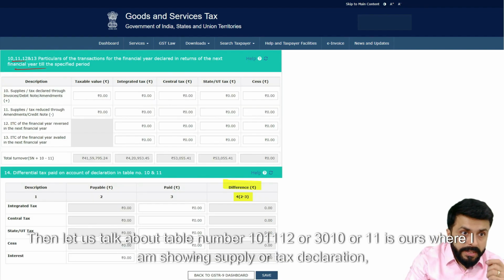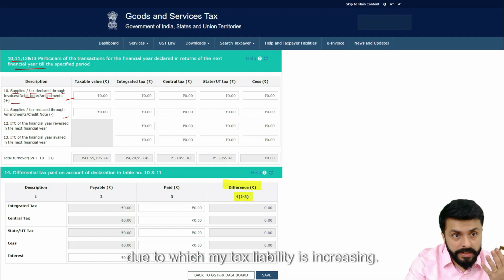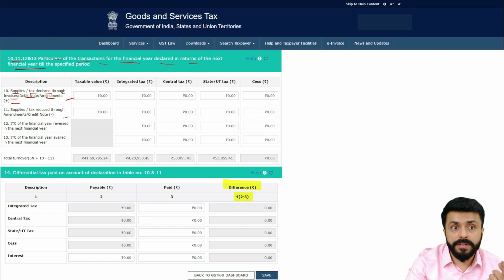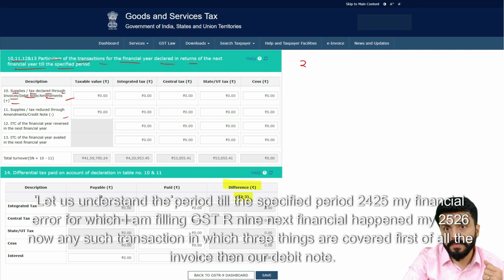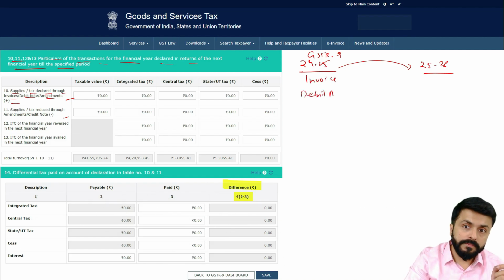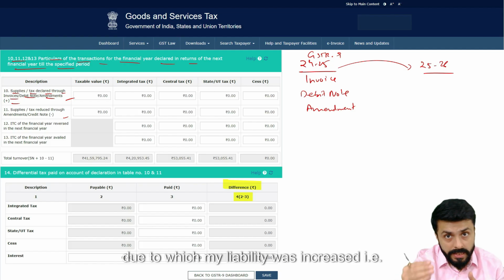Then let us talk about table number 10 and 11, where I am showing supply or tax declaration through invoice, debit note or amendment, due to which my tax liability is increasing, of a particular transaction of a financial year declared in the return of the next. Let us understand: the specified period is till 24-25, my financial year for which I am filling GSTR-9. The next financial year is my 25-26. Now any such transaction in which 3 things are covered: first of all the invoice, then our debit note, and then our amendment. Now these are the 3 things due to which my liability was increased,